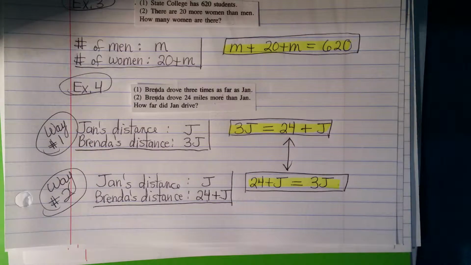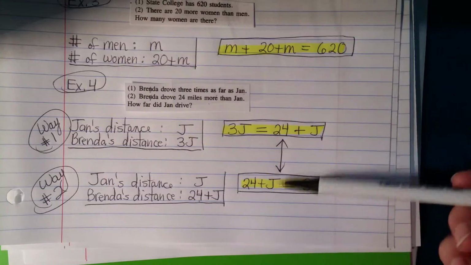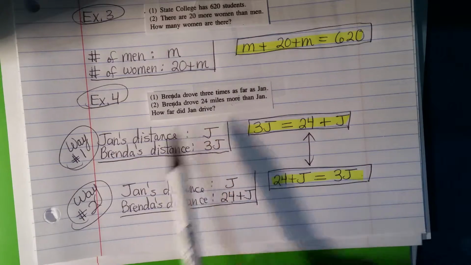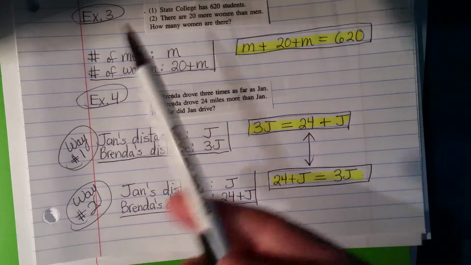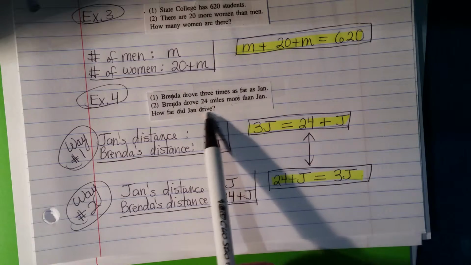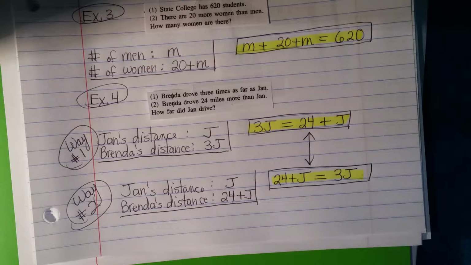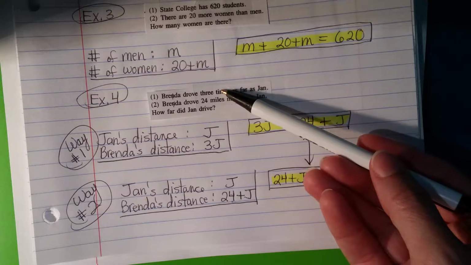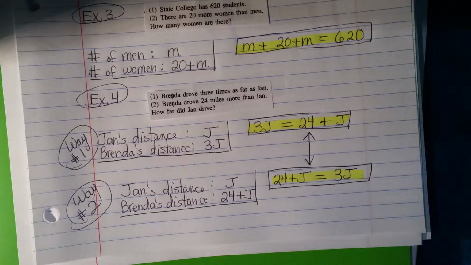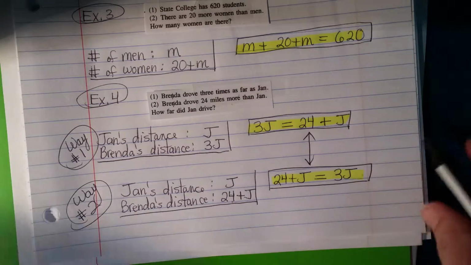So we ended up with example 4 with Brenda Jan, and I did it 2 different ways because in this problem they don't give you any one of the sentences that has a total in it. So it doesn't matter which sentence you use to define your variables and which sentence you use to write the equation. Now what I want to do is 2 examples